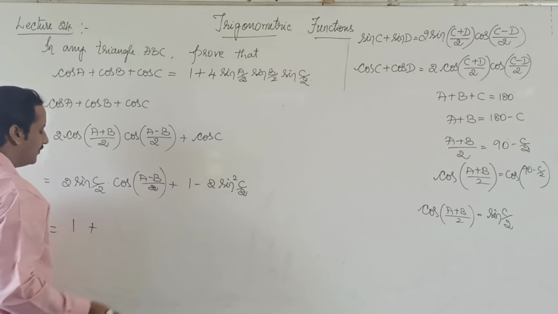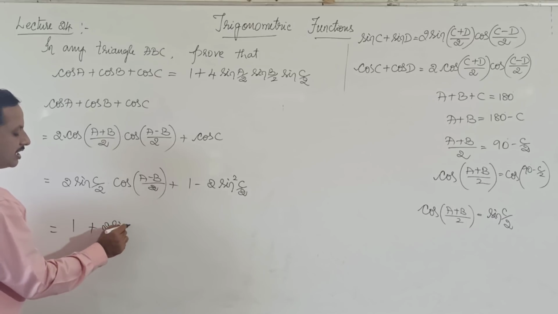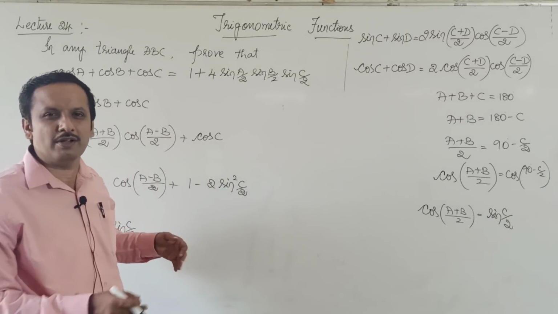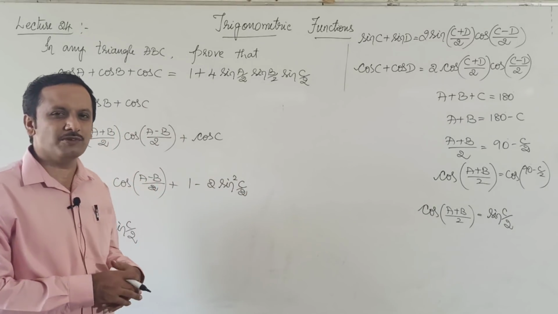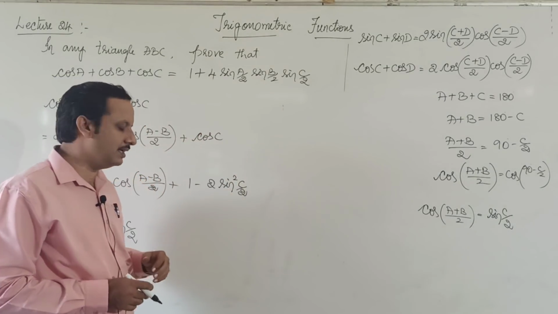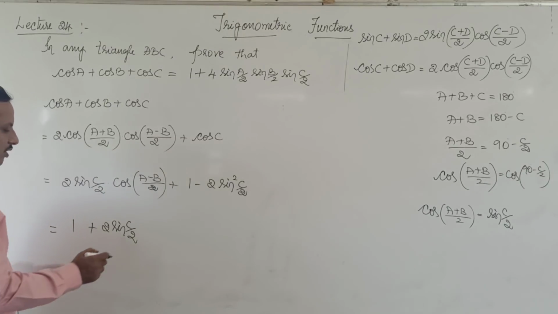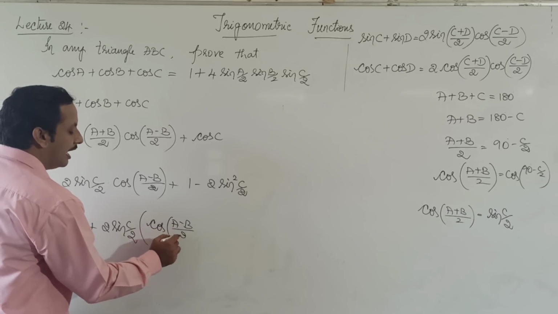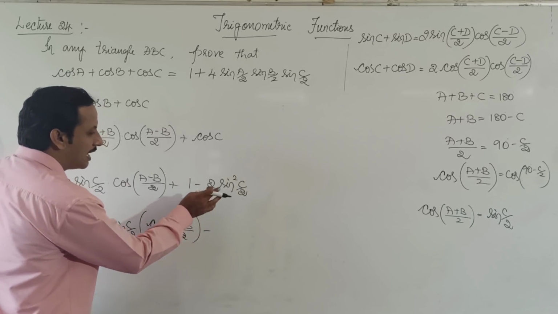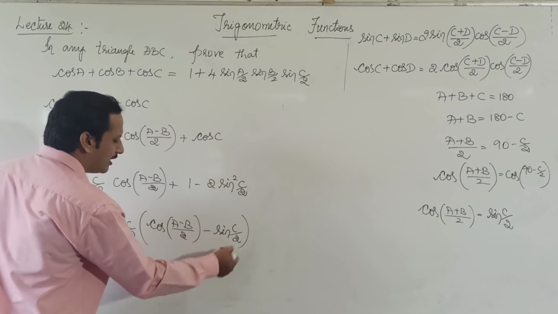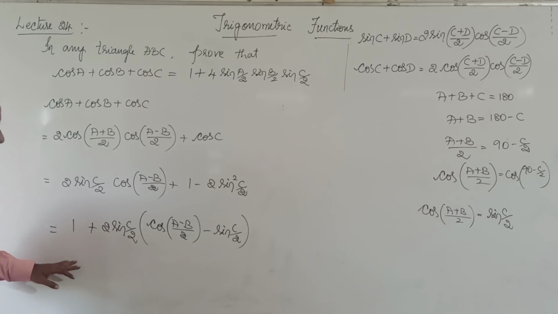Observe these two terms. From those two terms I can take 2 sin C by 2 as common because we need them. Of course, you might say, sir, we need 4, we got only 2. Okay, at least we got 2 now. Later on we will get another 2 from somewhere, that we shall see afterwards. I'll take 2 sin C by 2 as common. Then what will remain here? Here cos A minus B by 2 will remain. And what will remain here? Minus, since I have taken 2 sin C by 2 as common, another sin C by 2 will remain. This one will remain intact. Did you understand? Okay, fine.